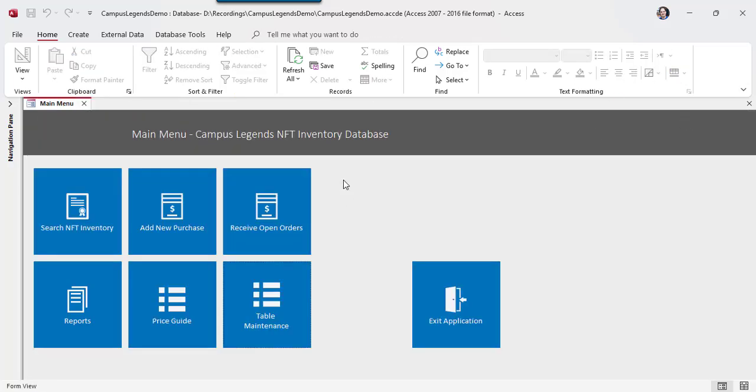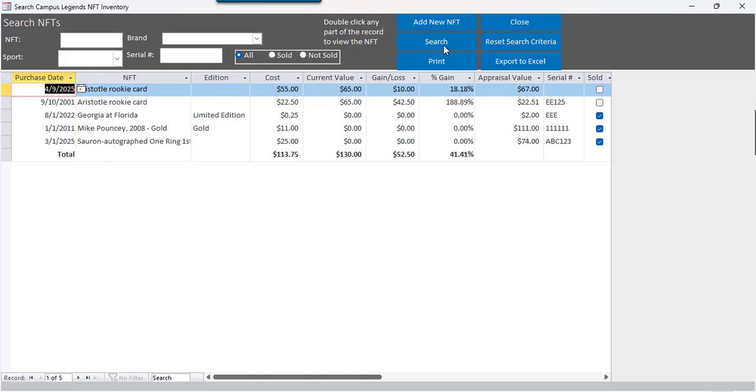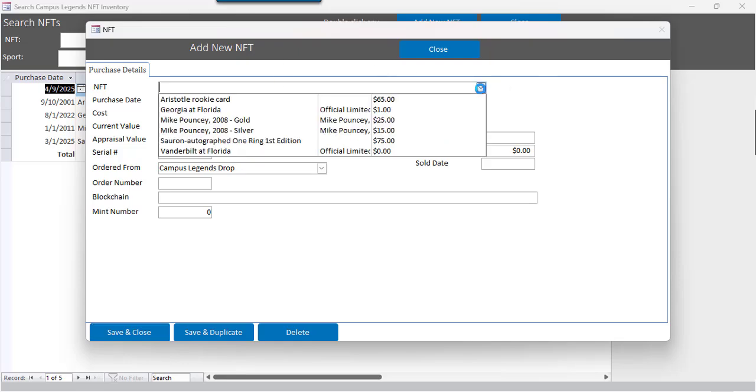I'm going to go ahead and close this, and we have a few NFTs in here already. I'm going to go to search NFT inventory, and just by pressing search, we get a list of some NFTs that we've already added in here. So let's add a new one, and let's go for